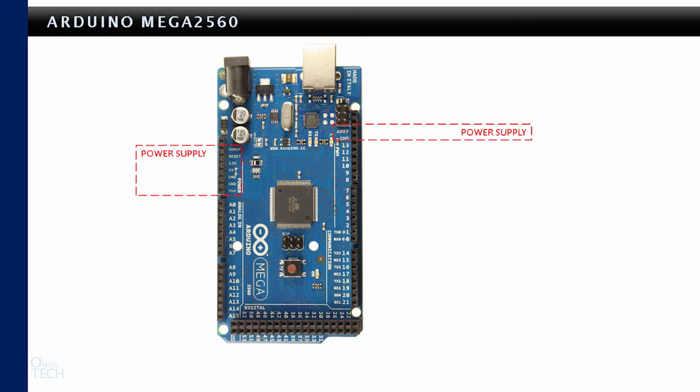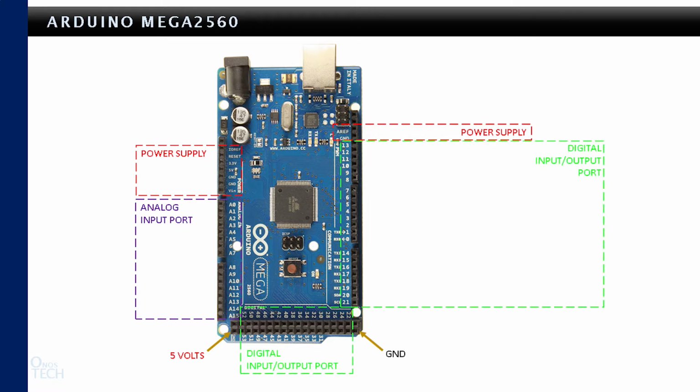These pins at the top left and right are marked for power and reset. 5V and GND are also available at these points below. There are 16 analog input pins labeled from A0 to A15 and 54 digital input-output pins. Pins 2 to 13 also function as PWM output, while pins 0, 1, 14 to 18 are marked as